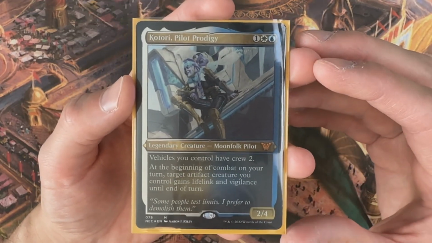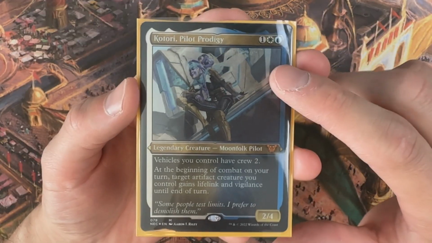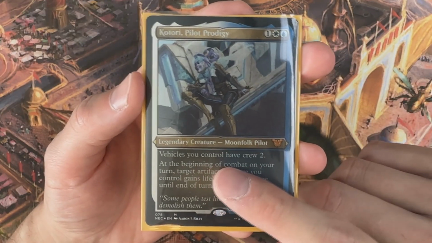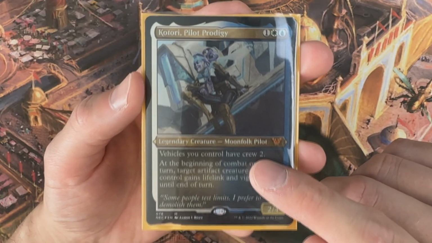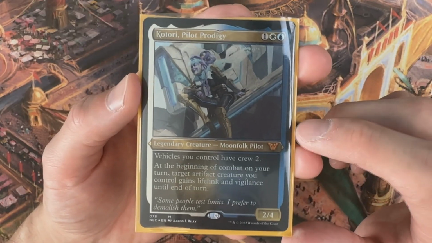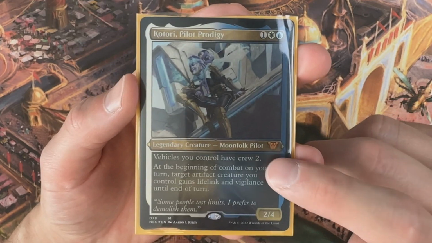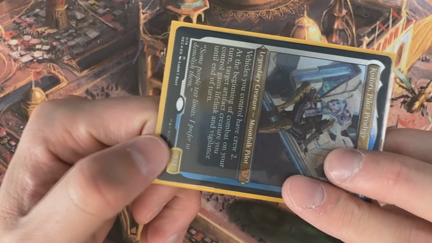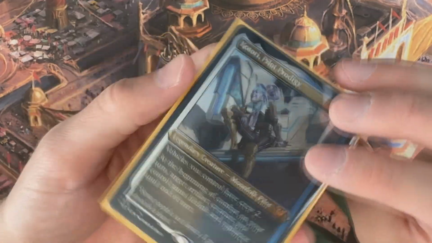So the great thing about this pilot here is that it only costs 3 mana, it's a 2/4, and vehicles you control have crew 2. So it doesn't matter if the crew ability on the vehicle says 8, you can use your commander to tap and crew it, because it has 2 power,